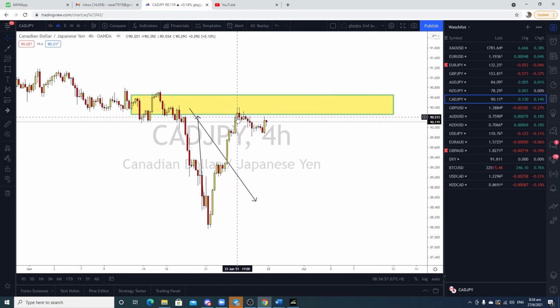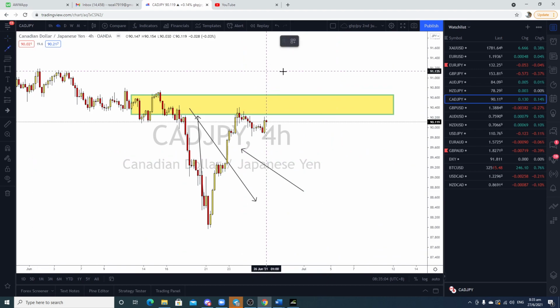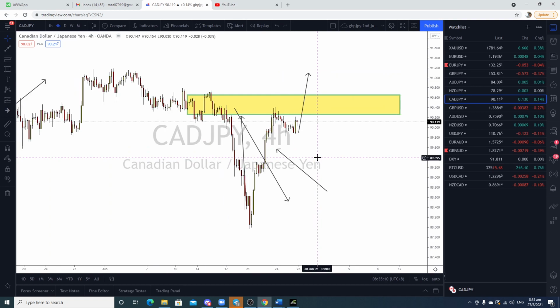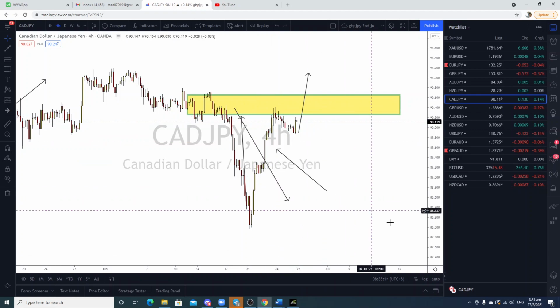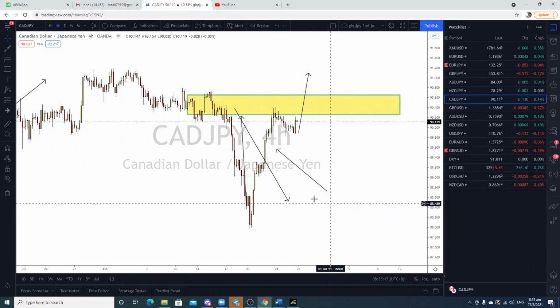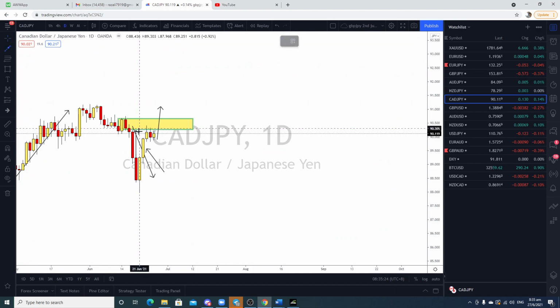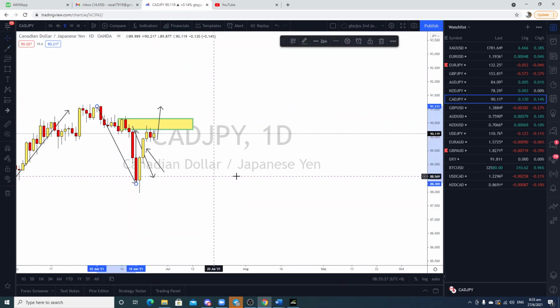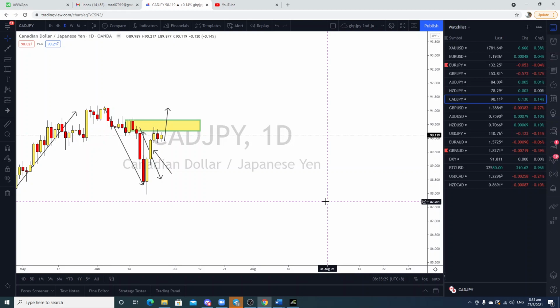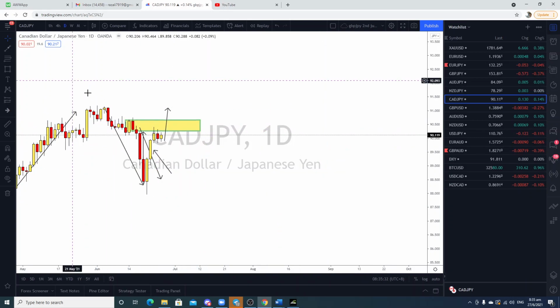Okay, so in this case, what can we expect from here? You can see lower high here, but there is still some bullish pressure here. So price may just make one more up, so we have to wait and see. In this case, I would not want to sell yet because there's no pressure from the sellers to push this market down as of yet, but there is an order flow. There is an order flow for this market to go lower and to continue its downtrend. This is the order flow that we are waiting for and looking for, an inside bar breakout as well. So that's the order flow. So we shall wait and see what happens here.